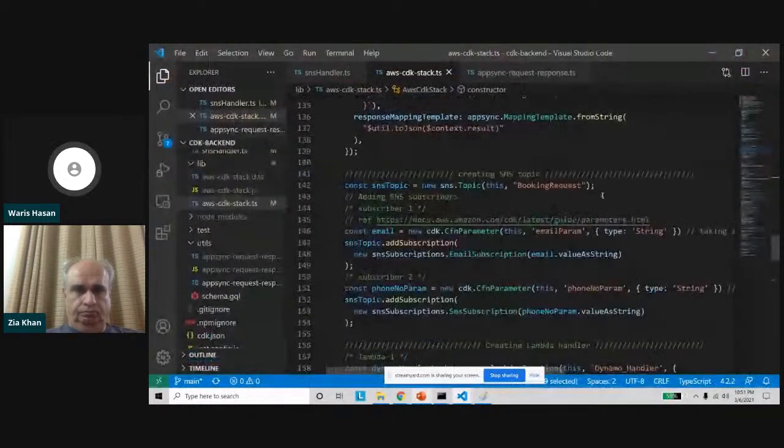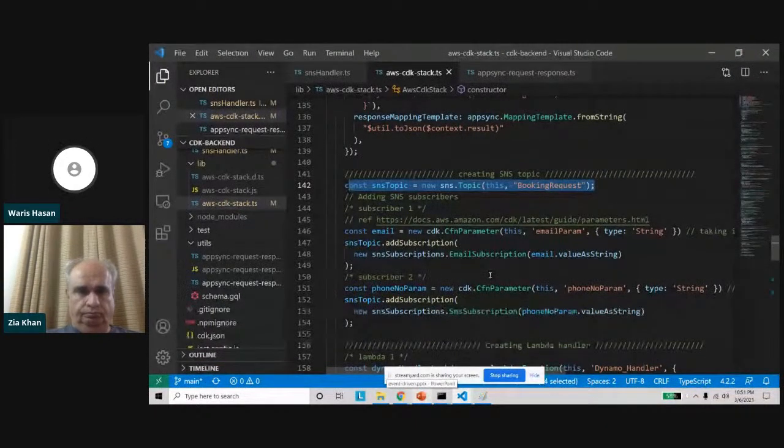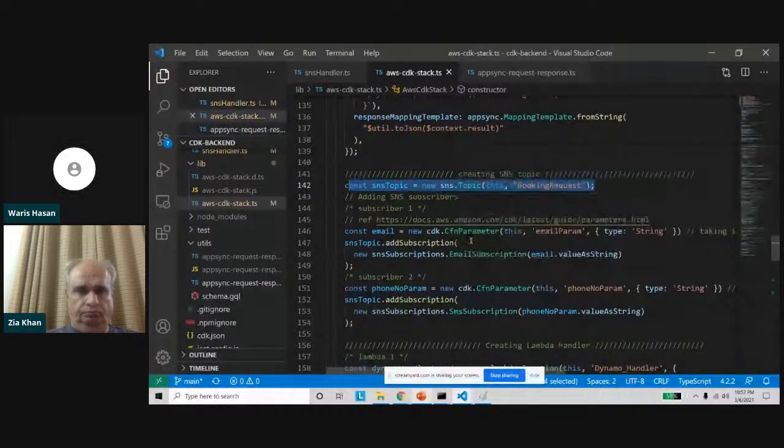Okay, and then we have created an SNS topic, because I told you before that we are sending messages and SMS. So for that you need an SNS topic. The messages that are being sent to the owner are being sent through SNS, but the messages being sent to the customers are being sent through SES. You don't have to use 2 different services, but we have just used it over here, just to show you how to use them. So we have created an SNS topic,